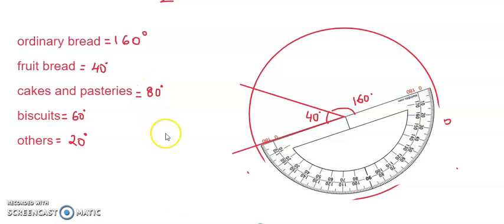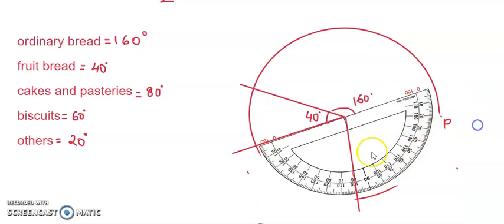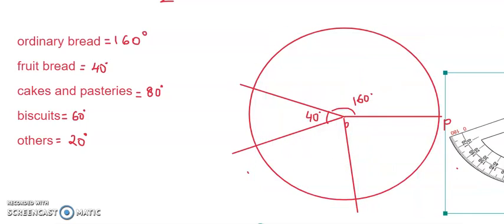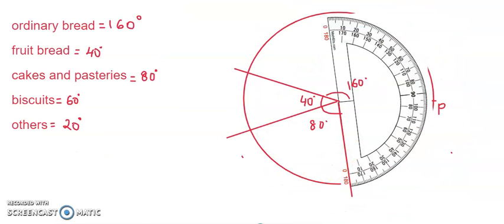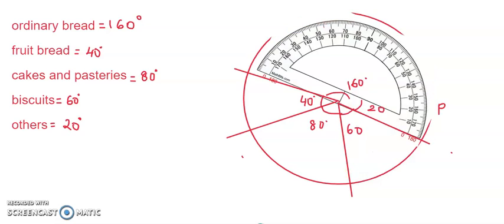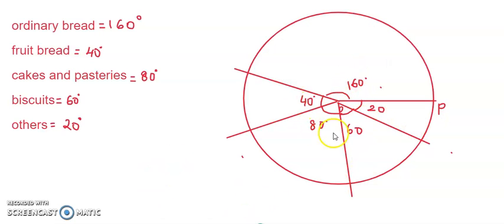Now what we need to mark? 80. So 80 is this one. I think I need to shift a little bit more. Yes. Okay, that's my 80. Again rotate it and place it on top of it. Again start with the line which is the right hand 10. So 60. Correct? And the remaining is your 20. To make sure we are correct, again place it and try to match with what you have drawn. If it matches with the exact diameter, then we are correct. Hope you understand how to draw the